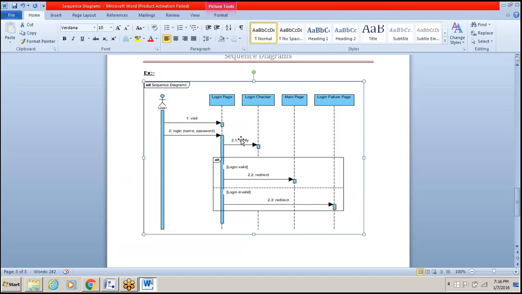Next, after he visits the page, he enters his username and password. You can see the lifeline of the username and password is still active, and in between all these processes are happening. So the moment he enters